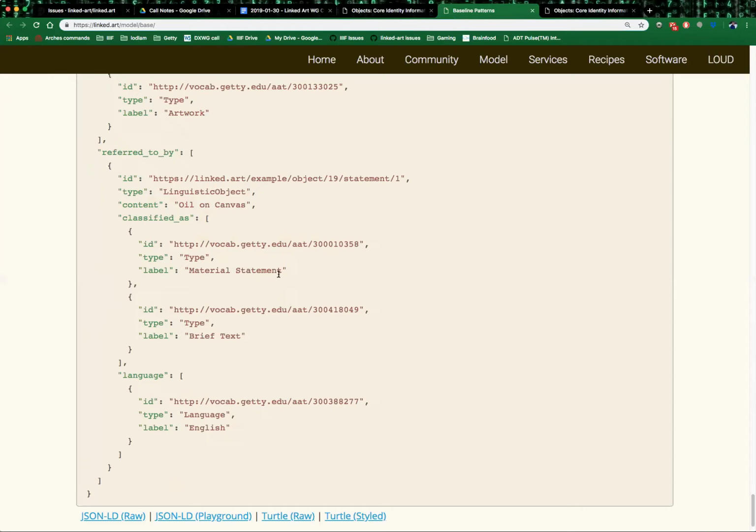It's a material statement. So this level is very much at the API. So find me all of the referred to bys that are classified as brief texts. And then using this classification, you could say, this is a material statement for the label, and the content of that statement is oil on canvas. Here we also have language, and again we use AAT rather than RDF lang strings to say this